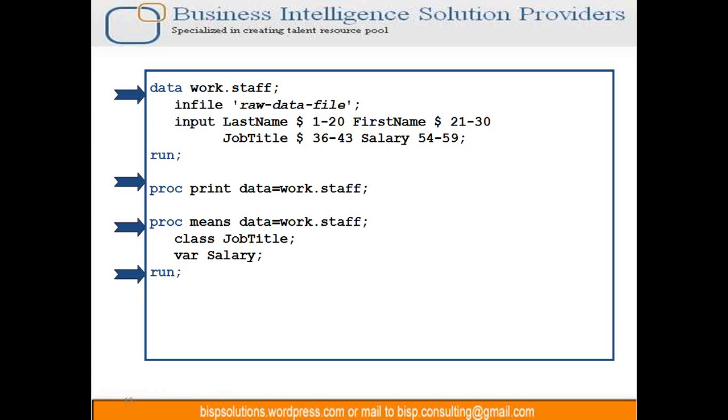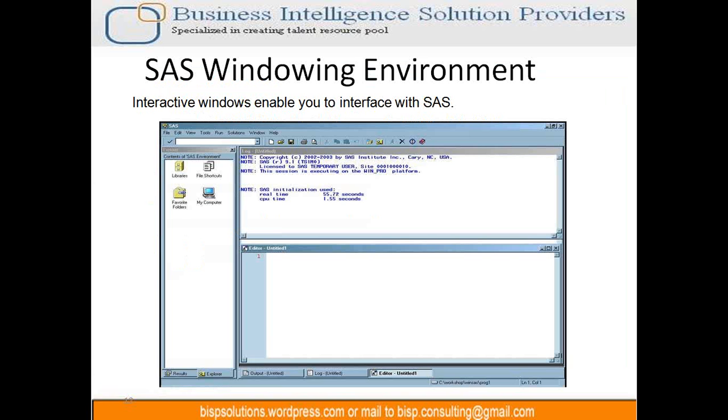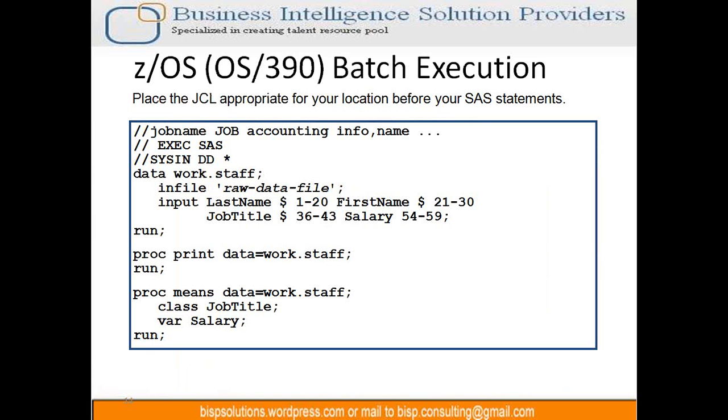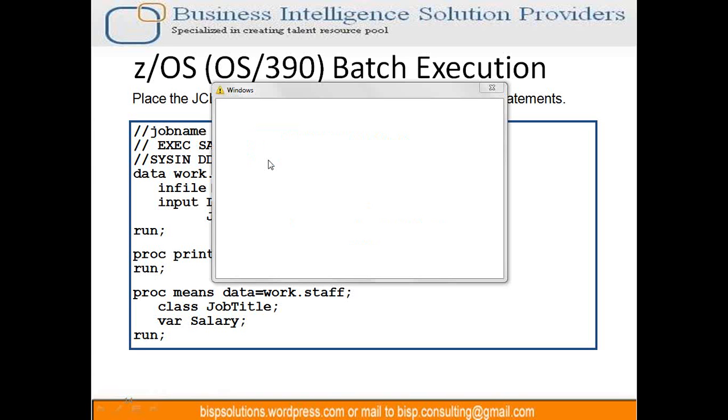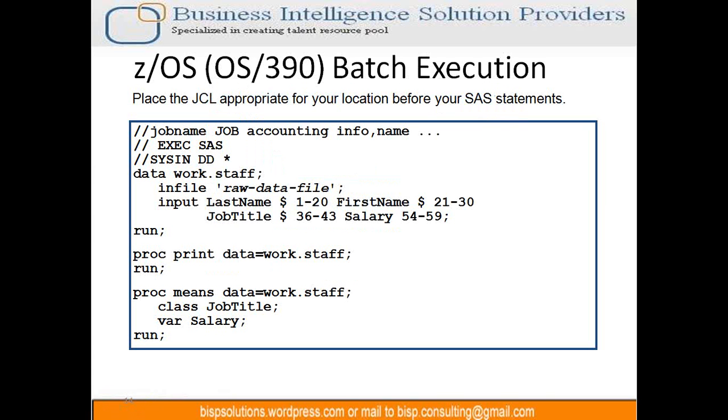This is typically the SAS look and feel in our Windows environment, and this is the way we are executing. If you are executing in a mainframe environment, this is the typical look and feel of your programming part. The program is similar to the normal Windows environment. But what is the difference? Before writing our program, we have to write the appropriate JCL. JCL stands for Job Control Language, which performs our desired operations. Those things we have to define once we execute any program, unlike in the Windows environment.